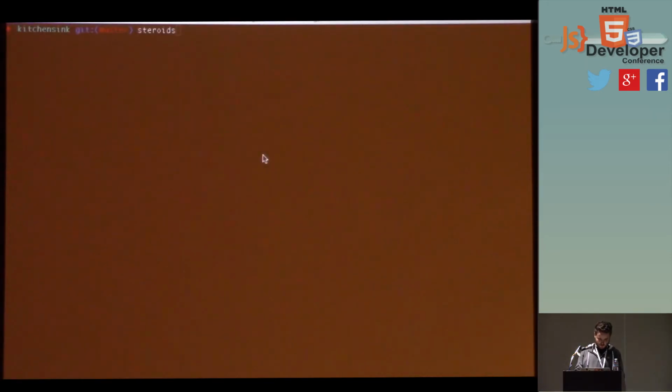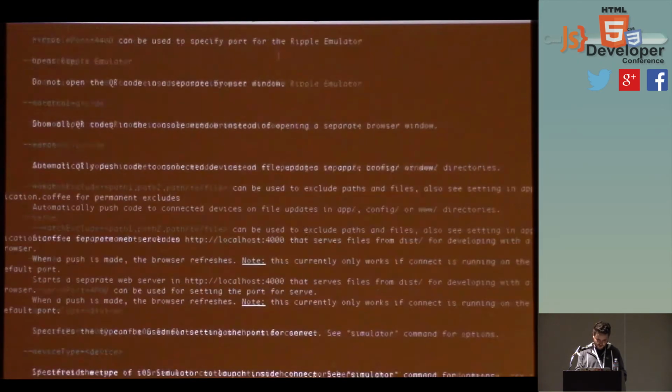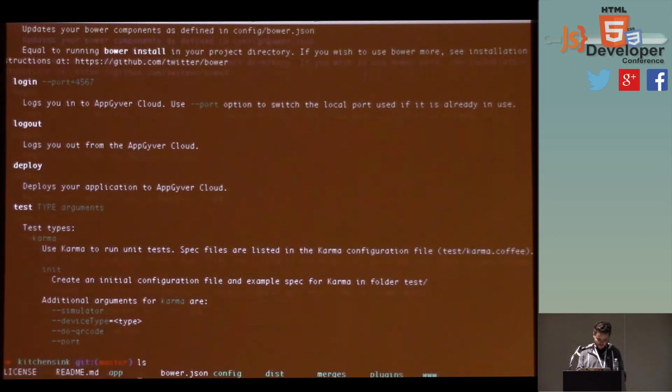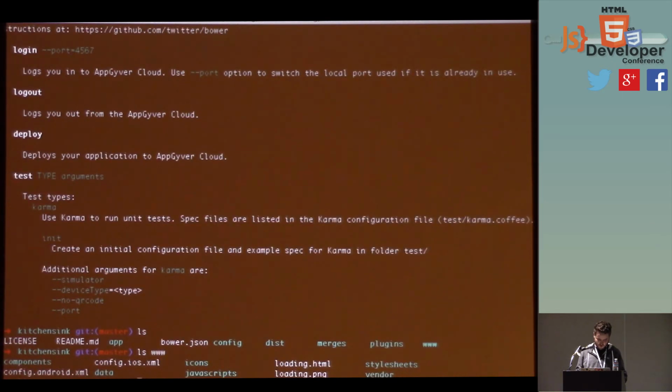And I have the tool here. So once you type in Steroids, you get the usage information. And then I have a project here that follows PhoneGap structure. And now when I say Steroids connect,